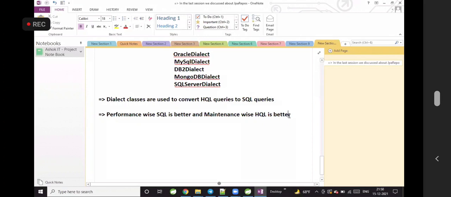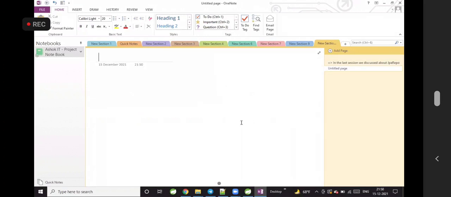Next, let's talk about ORM properties in data JPA. Working with ORM properties.